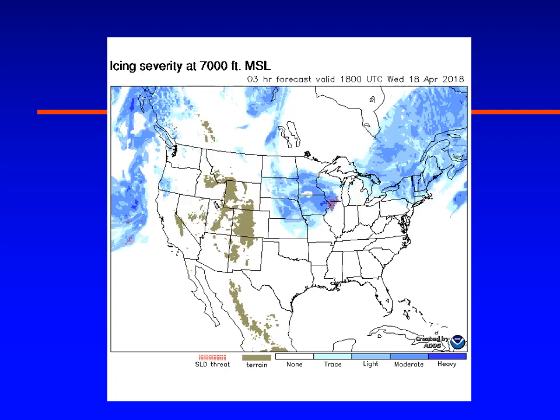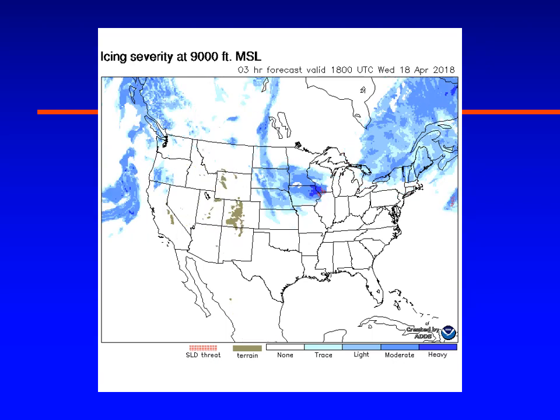Here is your future icing potential for 7,000 feet along the route of flight. It also shows light to moderate icing across that route of flight. Once again, remember that the forecast of cloud tops was at points 6,000 to 10,000 feet, so you may be in and out of the tops of clouds, and that's where you're going to be picking up probably some icing. If you climb up to 9,000 feet, your future icing potential also shows icing, and that